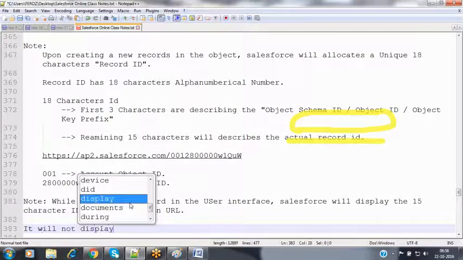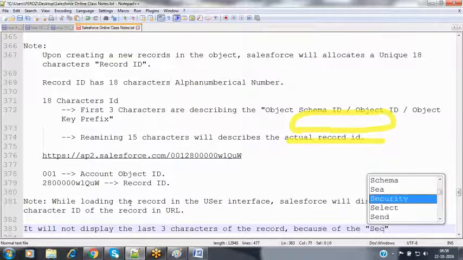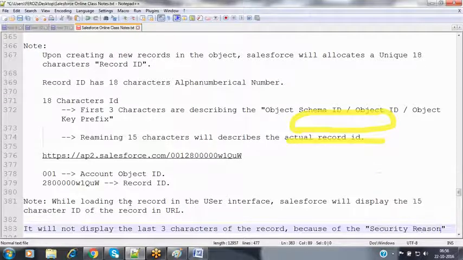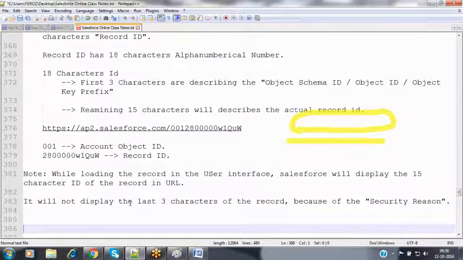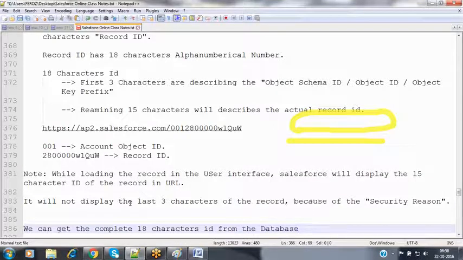It will not display the last 3 characters of the record because of security reasons. Then we can get the complete 18 characters ID from the database by making a query as below.